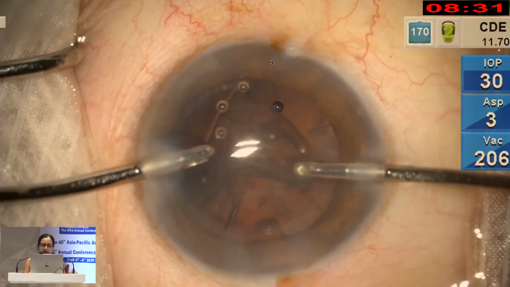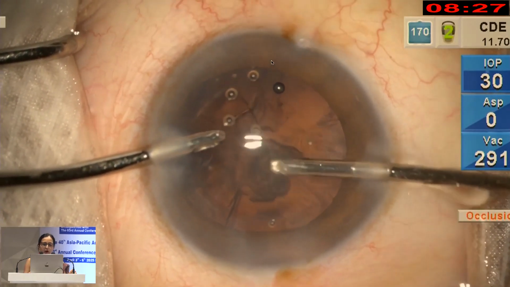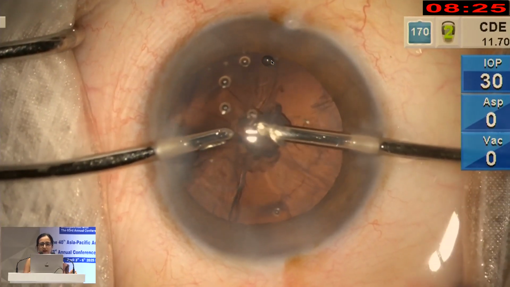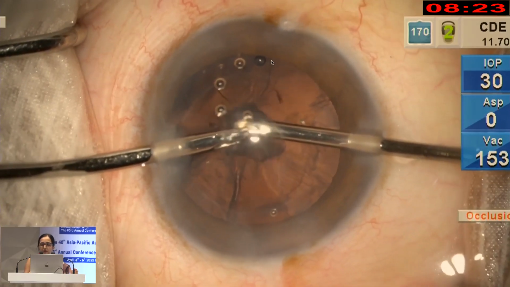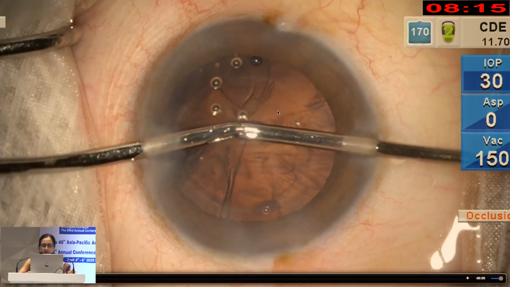And now an IA is being performed. But the good part here throughout the surgery, because generally we like to use modest parameters, is that the IOP is always maintained at about 30. The vacuum is not more than 300, 400 in an average nuclear sclerosis. But it is at this time that the surgeon now feels that there is something here in this zone while doing bimanual IA. The other good thing I also like about performing a bimanual IA in routine scenarios is that